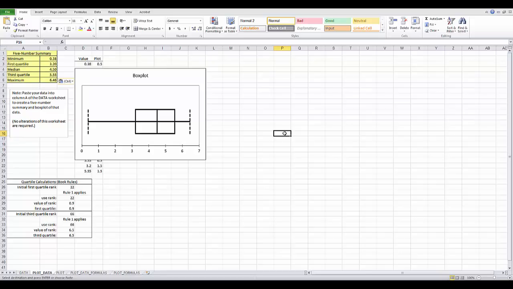Okay, then our box plot could use some editing, so let's edit it. Let's give it a better title, a more meaningful title. Bank 1 waiting time. It's meaningful. And our axis should be labeled, so let's do that.